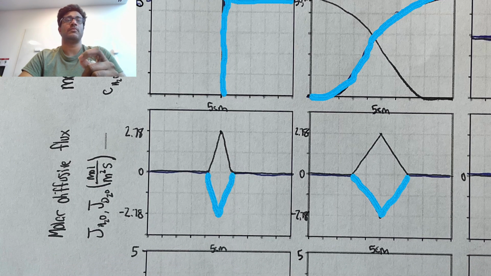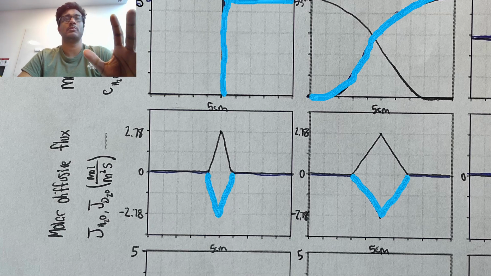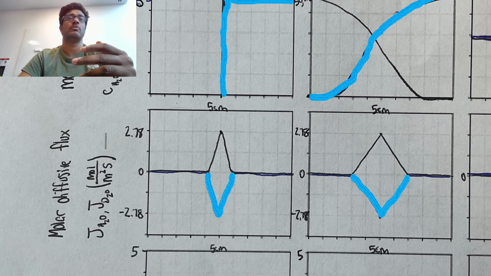So looking at the molar diffusive flux, we have 2.78 and negative 2.78. 2.78 is for H2O, and negative 2.78 is D2O. And when we were solving the problem, we stated that H2O was on the left and D2O was on the right, and we created a positive gradient from H2O to D2O,